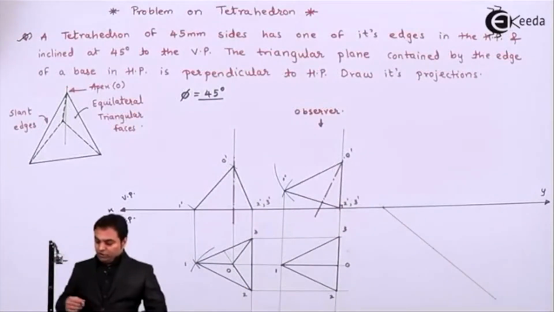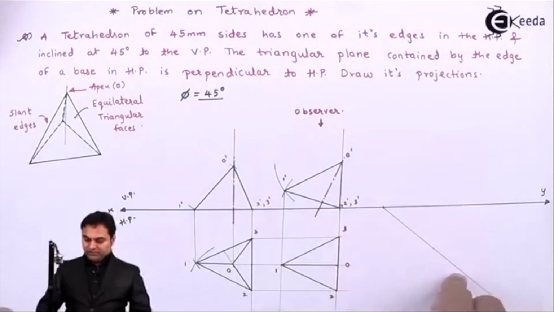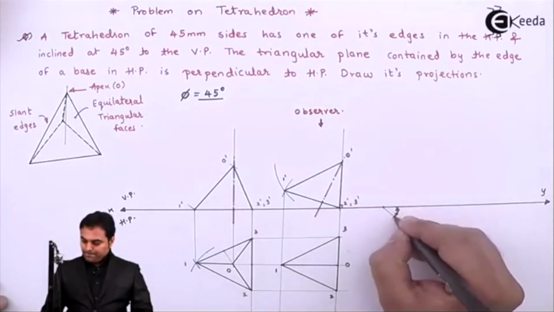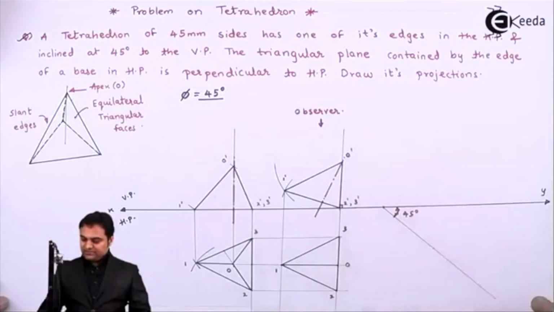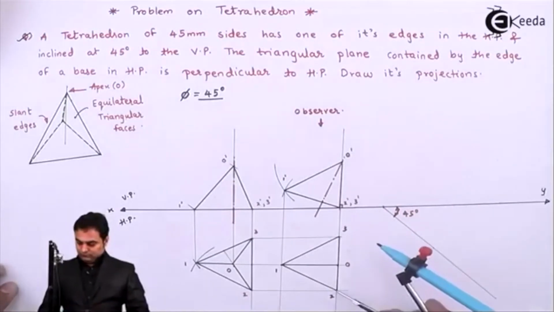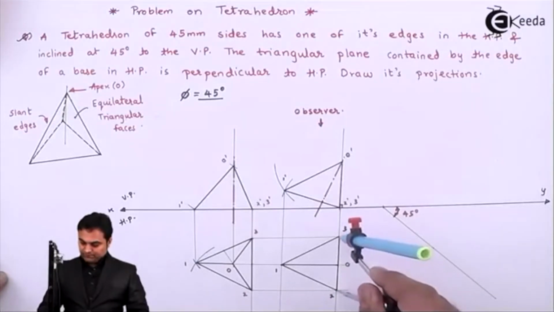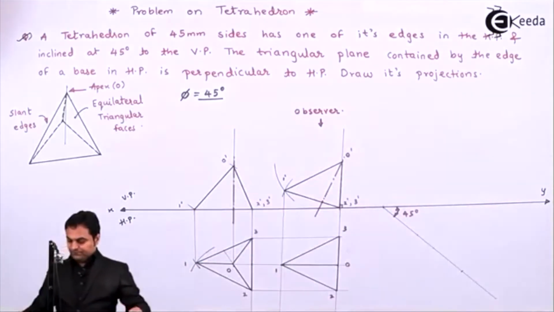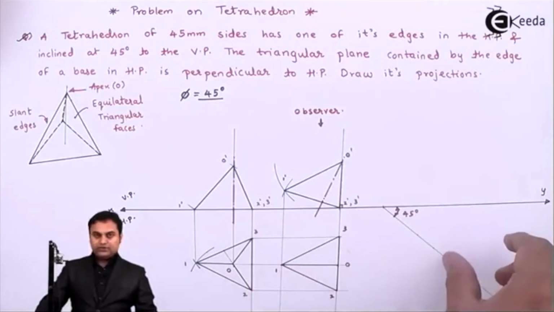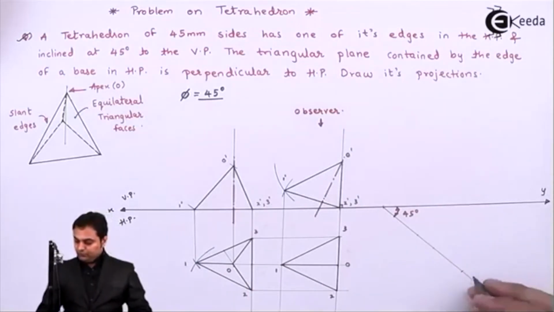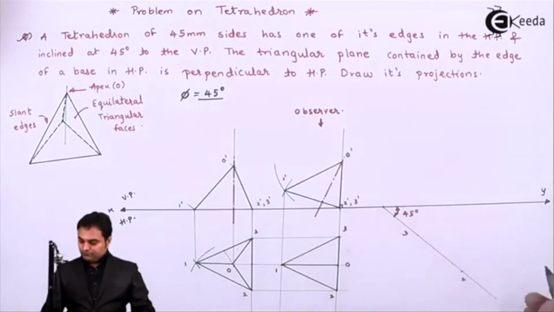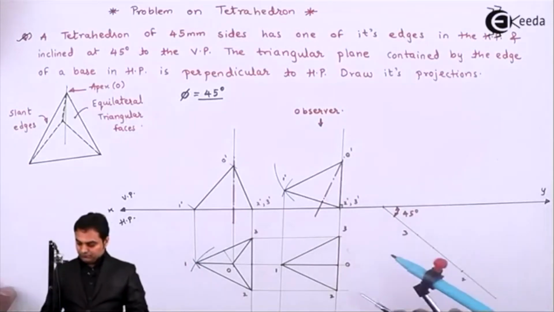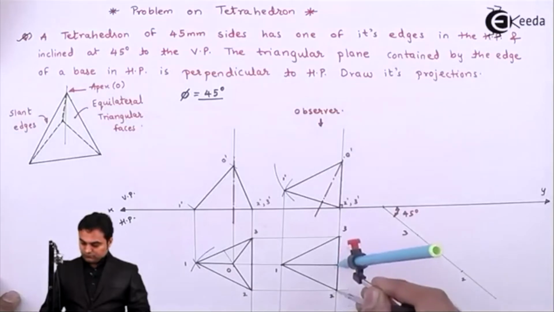So now here I'll be copying this edge, which is 2 to 3, on the inclination given, and that inclination is 45 degrees to VP, seen in HP. Measuring this distance from 2 to 3, marking it over this inclined line. It is shifted in this way, so here there will be point 3, this will be point 2. Then I'll take half of this, which will give me point O, 2 to O.